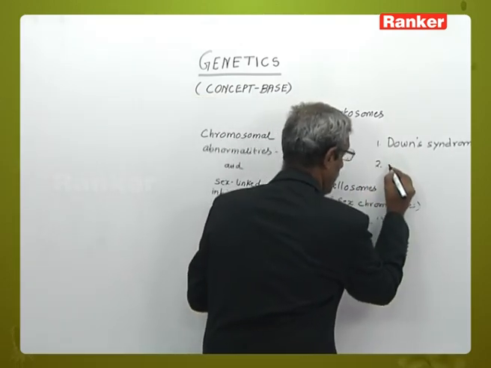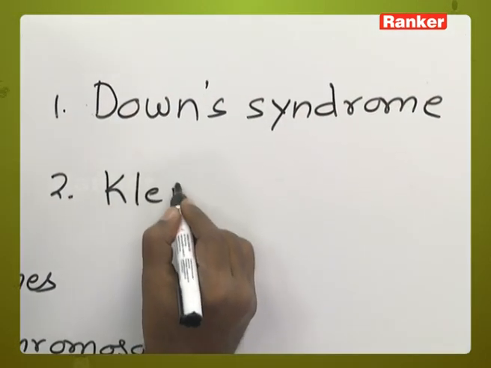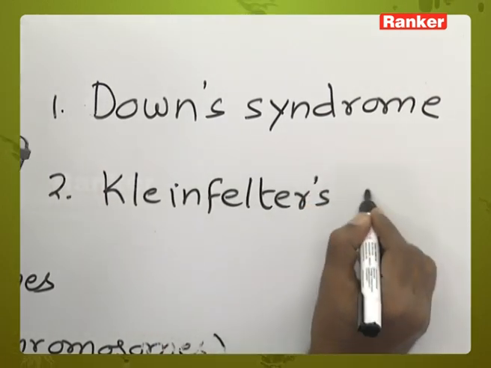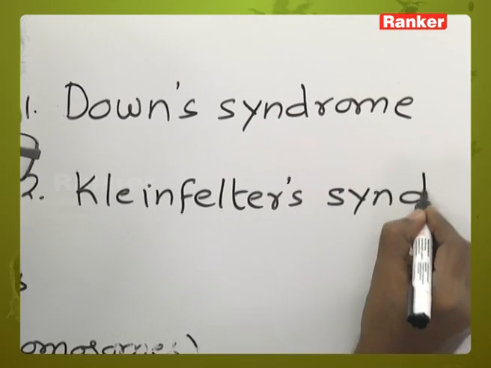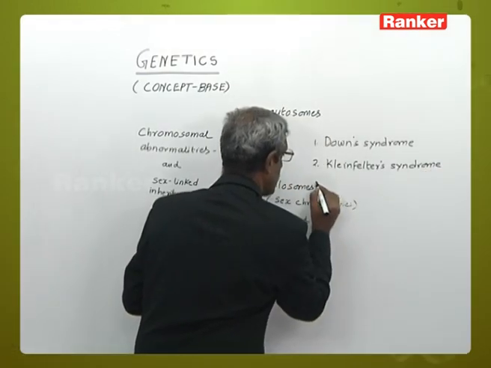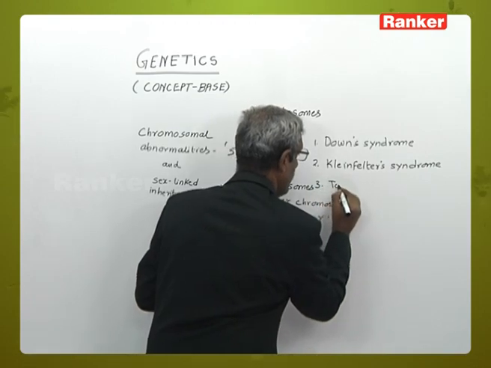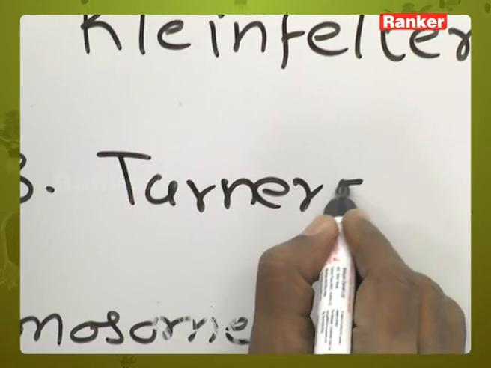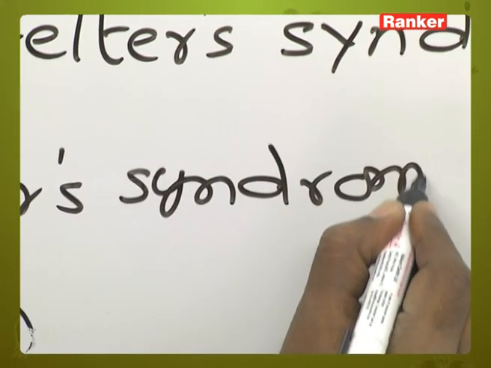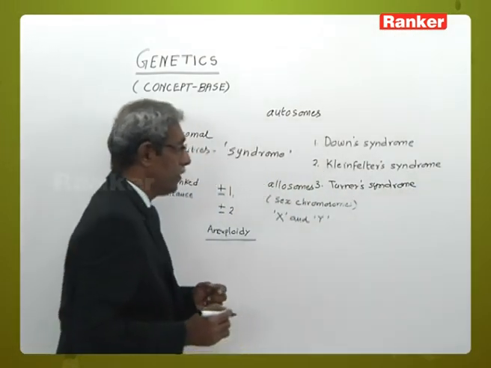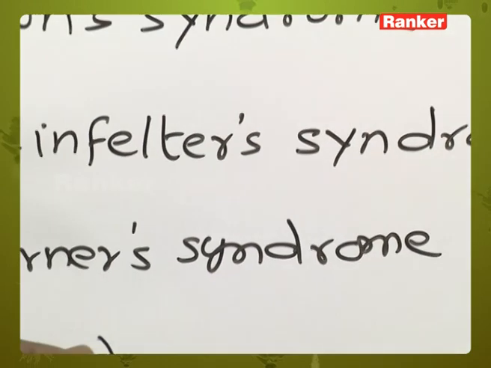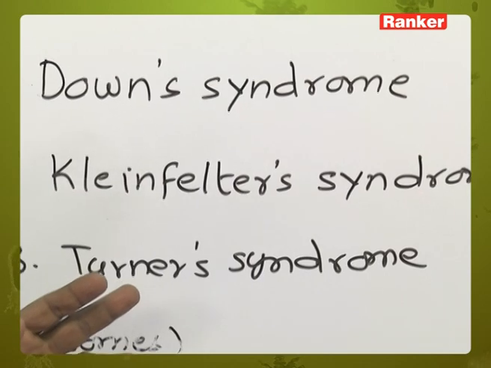Next, we have the Klinefelter syndrome. Later on, we have the Turner syndrome. So, we have to make a comparative analysis of Down's, Klinefelter's and Turner syndrome, wherein we exactly know what happens